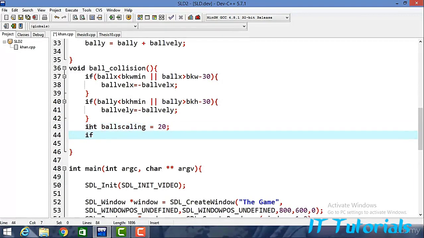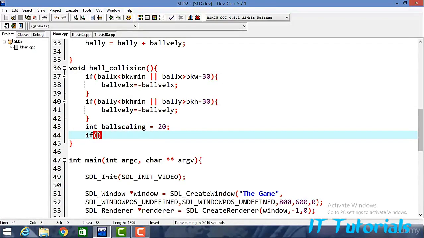And then just type here if the ball at y plus my ball scaling is greater than or equal to my bat position at y and my ball at y plus ball scaling is less than or equal to position of bat at y plus 30, and this 30 is basically the height of my bat, and